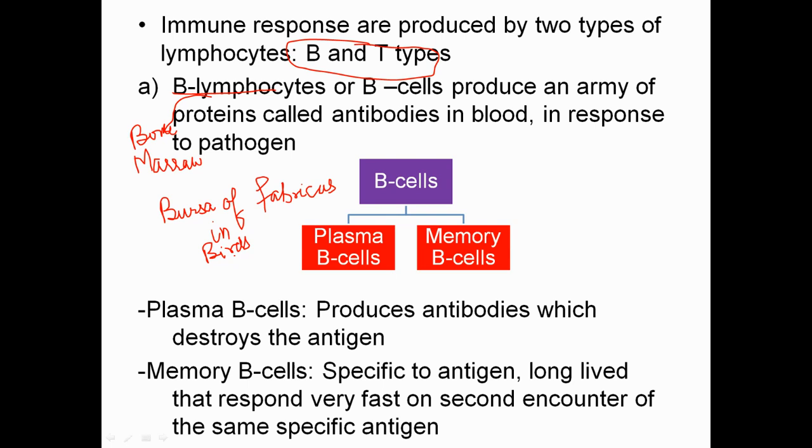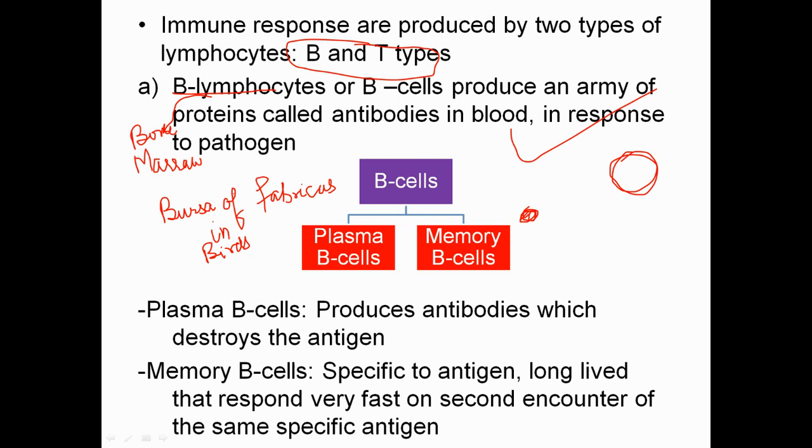Very, very important cells. They can fight any antigen, but they are very antigen specific. If there is a particular kind of antigen, a particular kind of antibody is going to be released